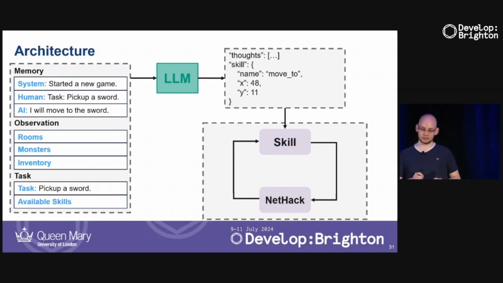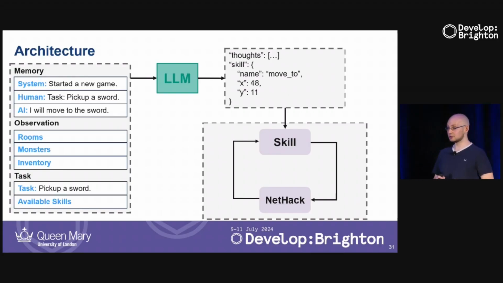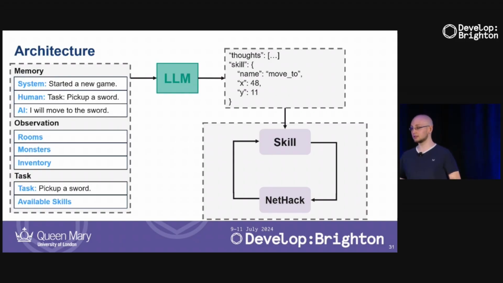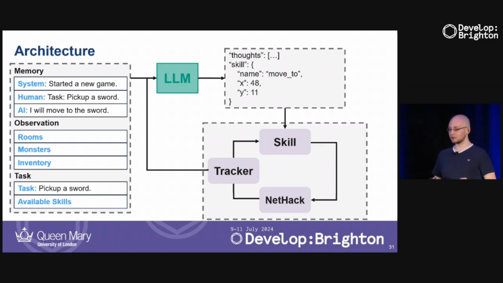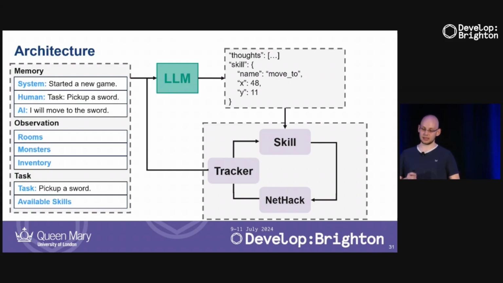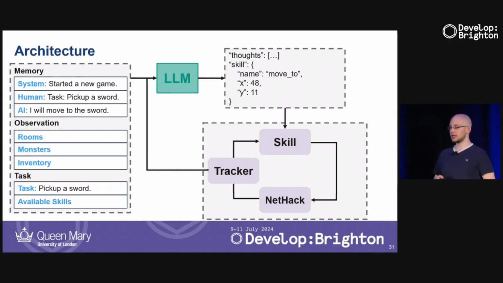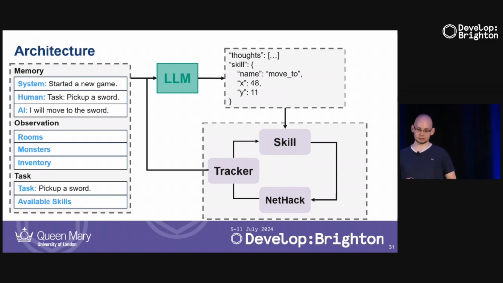Now for NetHack, I had to do one more thing, which is that it can often happen that suddenly a monster appears and you have to react to it immediately. And if you don't do that, they are just going to attack you and kill you. And my skills don't react to that themselves. The language model should do that. So to handle this, I have one more thing, which is a tracker, which keeps track of whether something unexpected happens in the game, such as a monster suddenly showing up. And if that happens, I'm going to interrupt the skill execution and just reprompt the LLM so it can immediately react to whatever situation we are in. And that's roughly the entire architecture of NetPlay. So let's look at it in a little bit more detail.